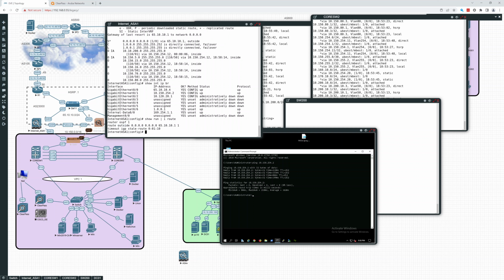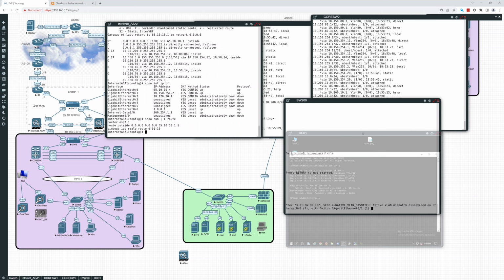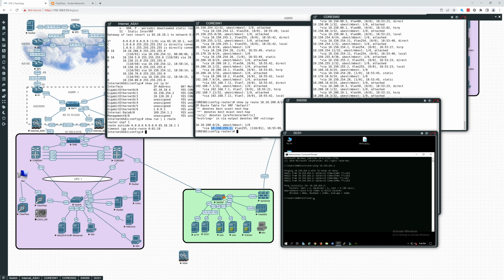All right, so now we have BGP on the outside on the internet, and then in here we're running OSPF in our core and out to this secondary location. Now this secondary location has its own internet, so it's going out this OpenSense firewall for internet, but for